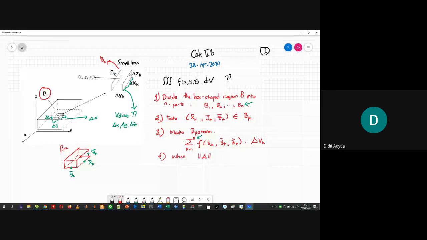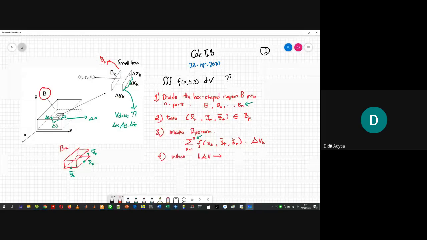This is the longest among delta x, delta y, delta z. And when this longest one goes to 0, we obtain